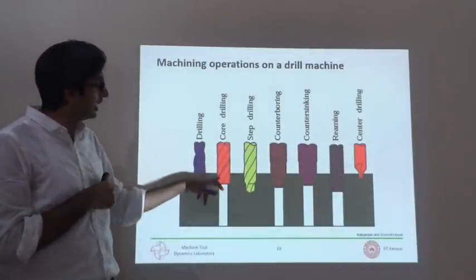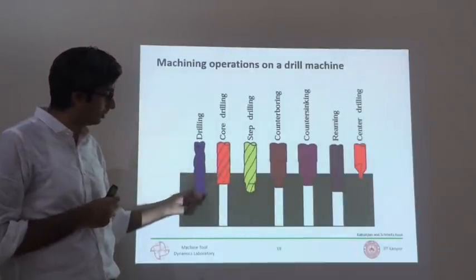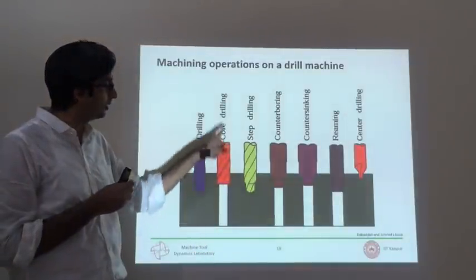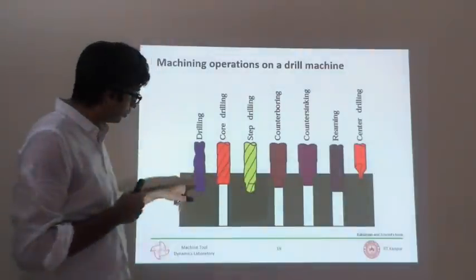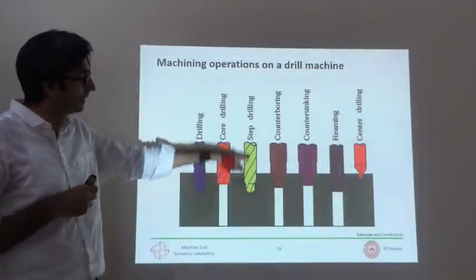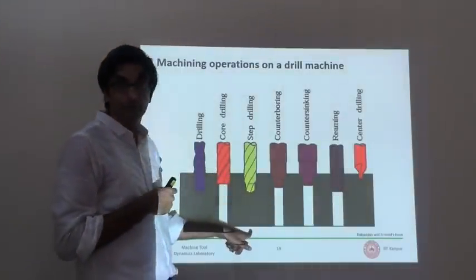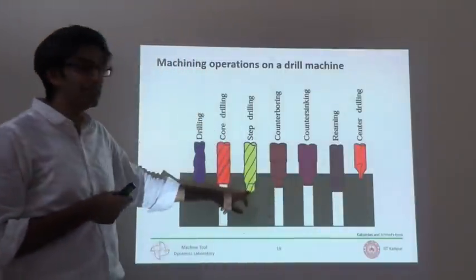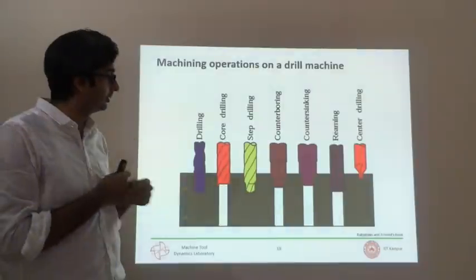After drilling, if you would like to enlarge that bore, you do counter drilling. So you take this pre-drilled bore or hole, and you can make it bigger with a counter drill. A step drill I already showed you. Instead of doing this separately, you can combine them into one tool. It's called step drilling, where there is no pilot bore, there is no center drilling. The step drill size is small enough that it acts as the pilot and the guide.